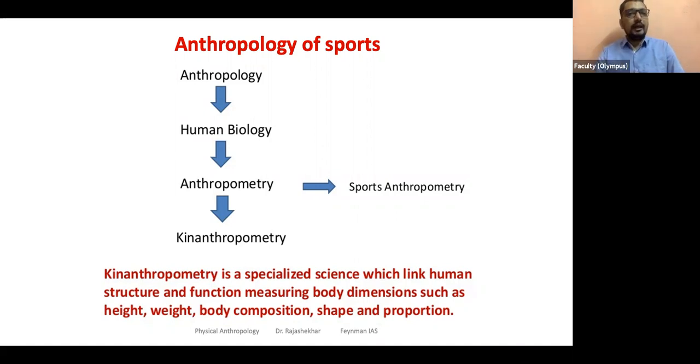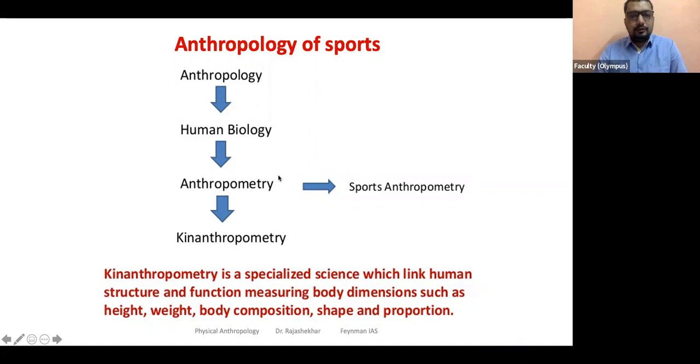That field is called kinanthropometry. So kinanthropometry is a specific type of anthropometry. Anthropometry, in a general sense, is taking measurements of anthropos, human bodies. So various features of the human body, those that can be quantified, come under anthropometry, right? We talked about anthropometry, anthroposcopy, photoscopy in somatotyping. Here we are specifically talking about how a specific category of anthropometry called kinanthropometry helps us. So the first part in the applications of anthropology is taking such measures using anthropometry in various fields.